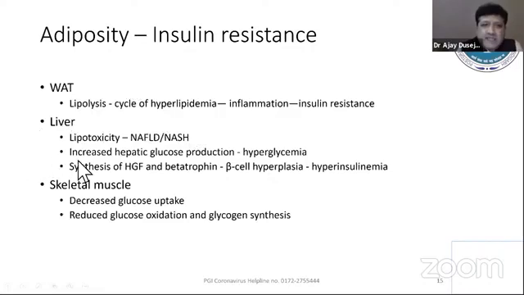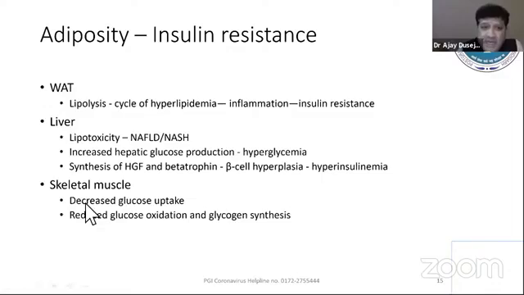But if the insulin resistance is happening at other levels, for example in the liver, we know that if the lipotoxic molecules come in there, they can cause fatty liver and NASH. Also, the hepatic insulin resistance, we know, is responsible for increased production of glucose by increased gluconeogenesis and more glycogenolysis, and that leads on to hyperglycemia. And further, we know that various growth factors can cause beta cell hyperplasia in the pancreas, leading on to hyperinsulinemia,